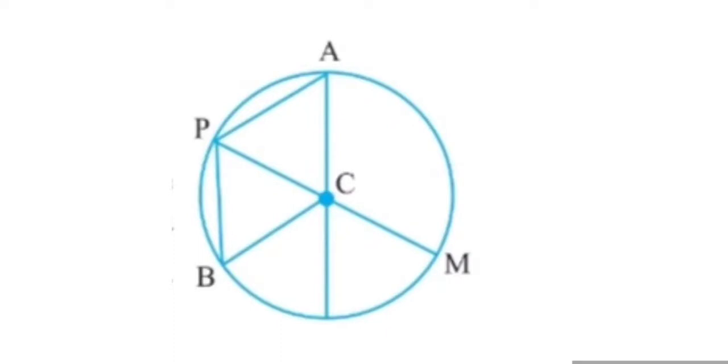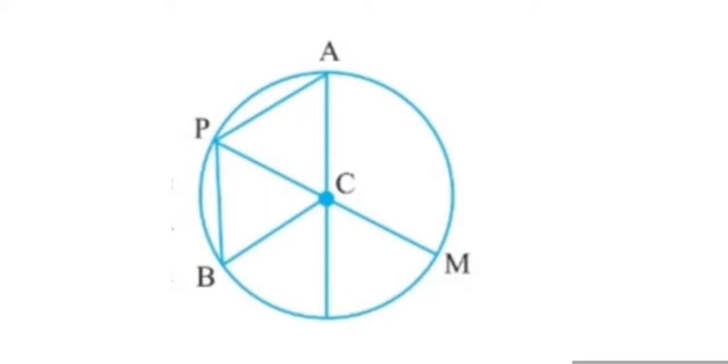Now see parts of a circle. So take one point and draw one circle. You can see this figure. Here C is the center, and A, P, B, M are points on the circle. You can see here CA is equal to CP is equal to CB is equal to CM. These all are radii of the circle, and a radius is a line segment that connects the center to a point on the circle. This CP and CM are radii.